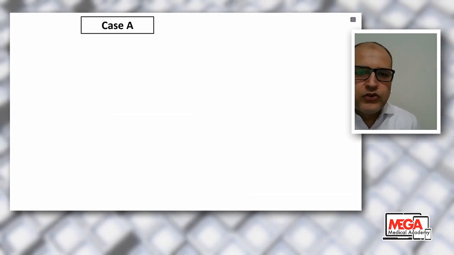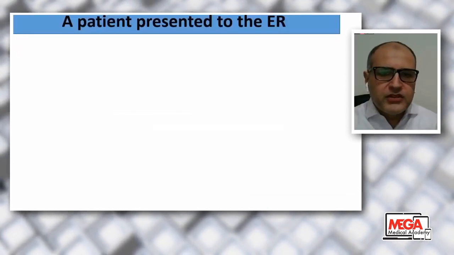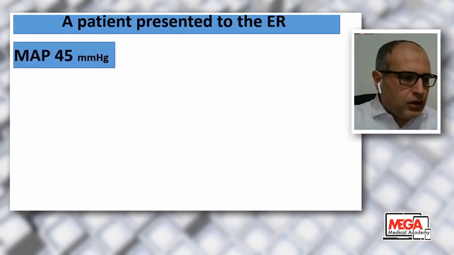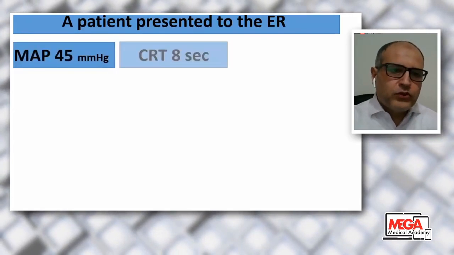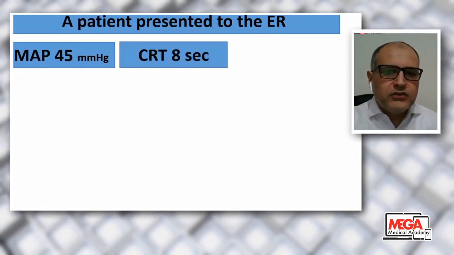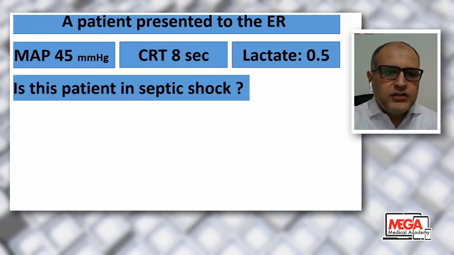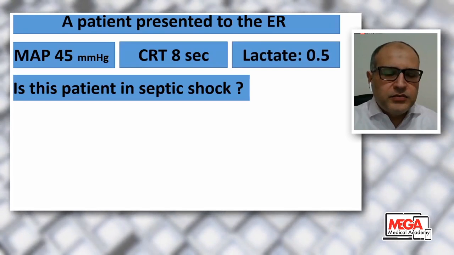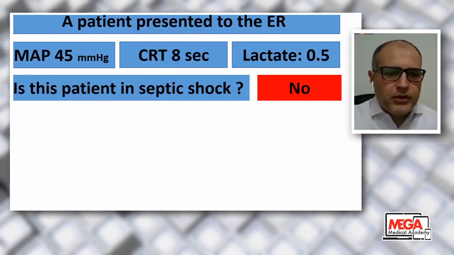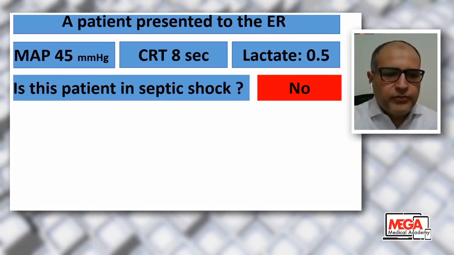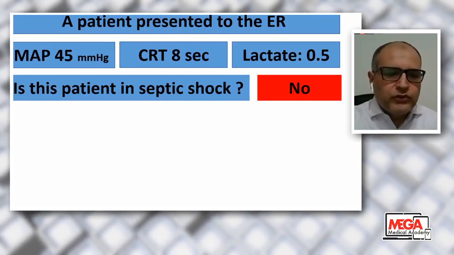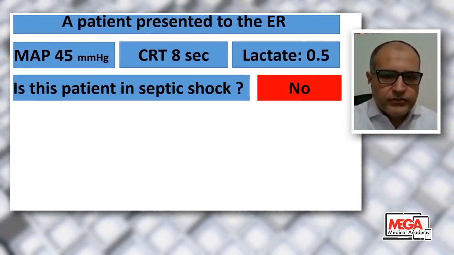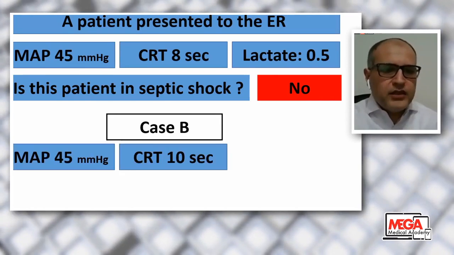Let's take an example. A patient presented to the ER with a surgical abdomen. The mean blood pressure was 45, capillary refill time 8 seconds, lactate 0.5. Is this patient in septic shock? The answer is, we have now 2 components, impaired perfusion and mean blood pressure 45. If we give this patient 1.5 liters of crystalloids and the mean blood pressure became 65,